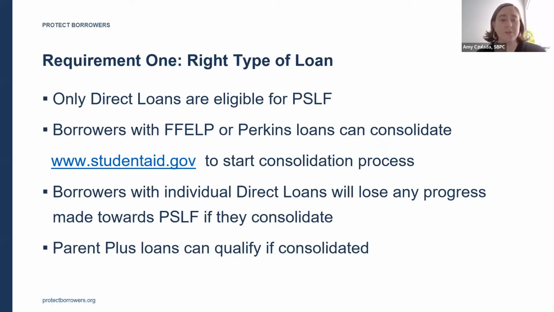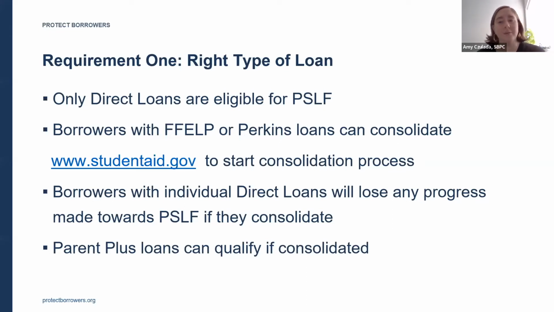So only direct loans qualify for public service loan forgiveness. Direct loans have been the main federal loan since 2010. So if you took out a loan since then, it likely qualifies. But if you have an older loan, a federal family education loan or a FFEL loan, or a Perkins loan, those don't qualify. What you can do though, is you can consolidate those loans into a new direct loan, which